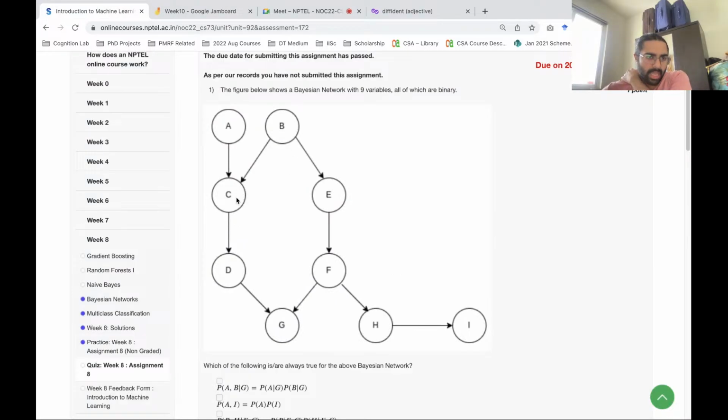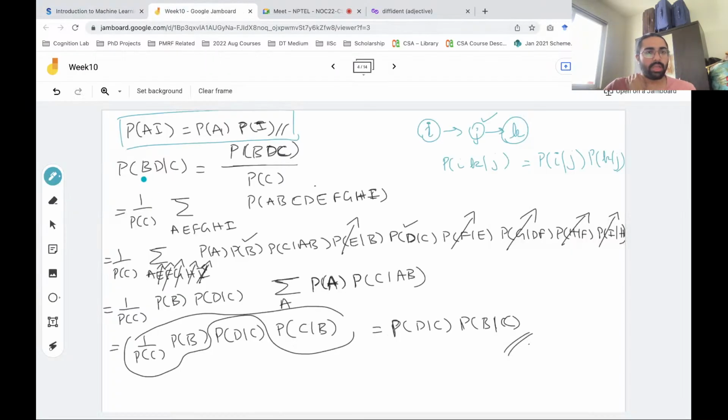If I give c, are b and d independent or not, right? So that is p of bd given c. I want to see whether I can write it as a product of p of d given c and p of b given c probabilities, right? Now this is basically your probability of bdc divided by p of c. This is because of the idea of conditional probability,